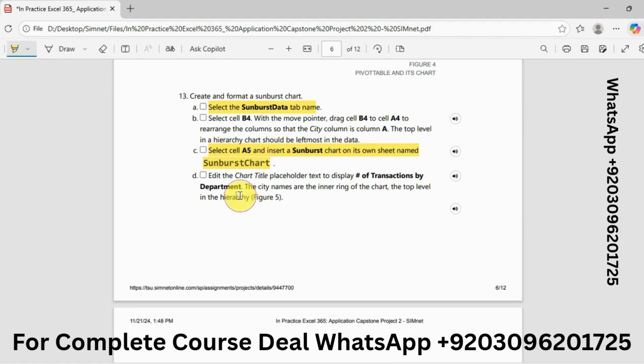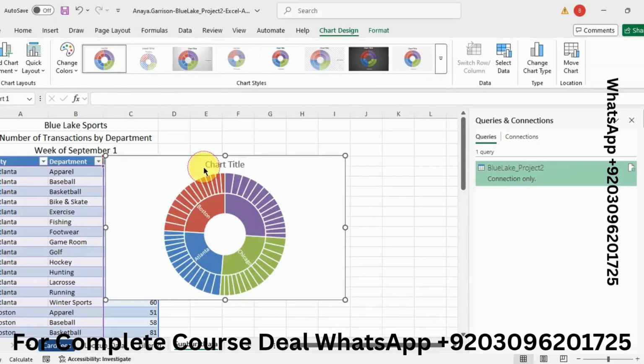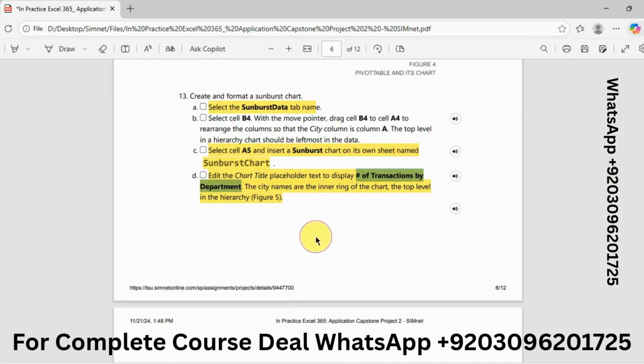So now part D is change the chart title placeholder. So okay, copy this text and go to the Excel worksheet and click the chart title to replace the text chart title with transaction by department. So okay, we did this, and now